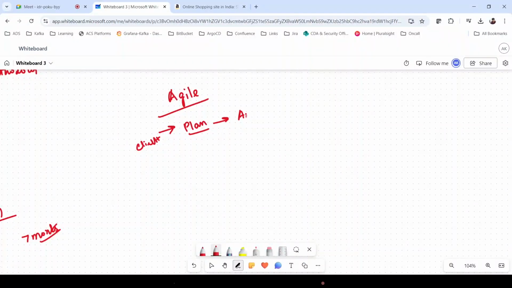Initially, he requires the Amazon app to be created with cart, payment, and inventory. Once this is done, it will be passed to the dev team.